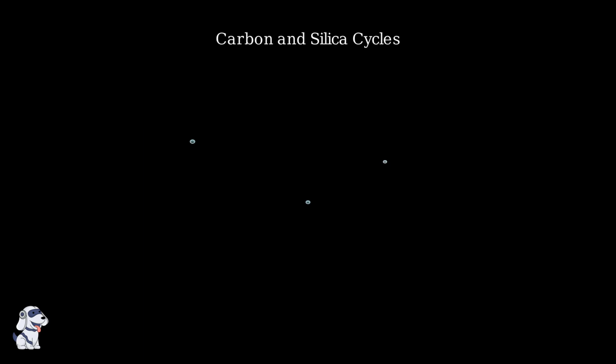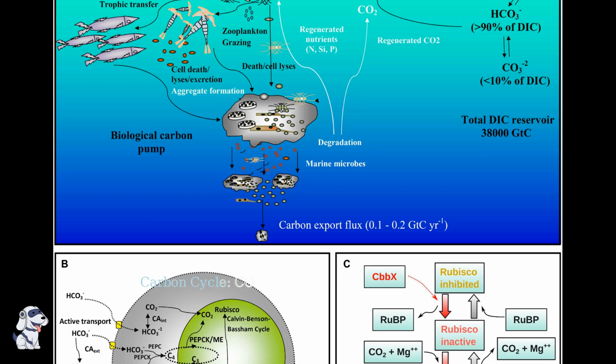Diatoms are key players in two of Earth's most important biogeochemical cycles, the carbon cycle and the silica cycle. These microscopic organisms help regulate our planet's climate and ocean chemistry. In the carbon cycle, diatoms act as tiny carbon dioxide absorbers. During photosynthesis, they capture atmospheric CO2 dissolved in water and convert it into organic compounds, helping to remove greenhouse gases